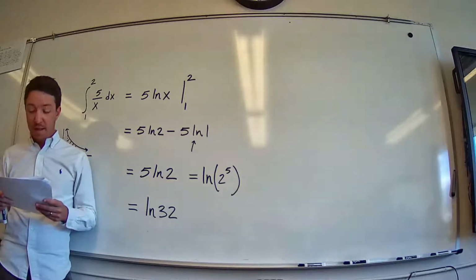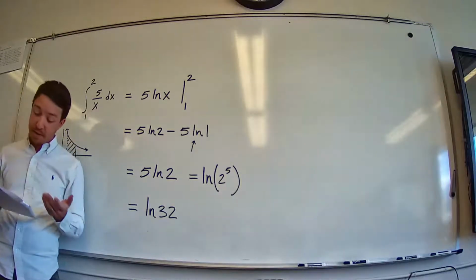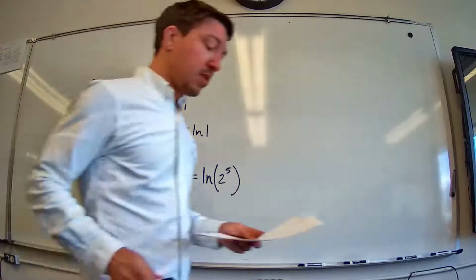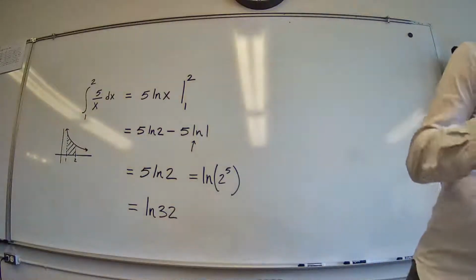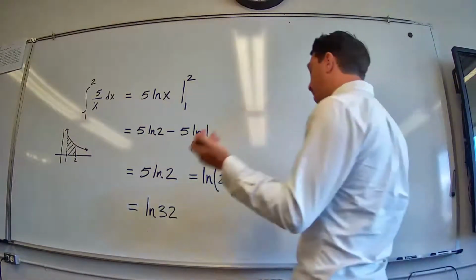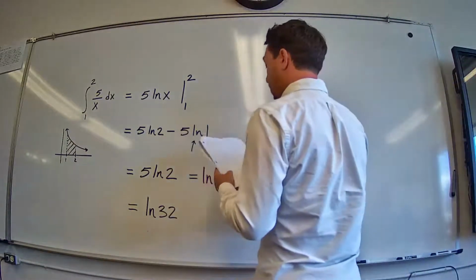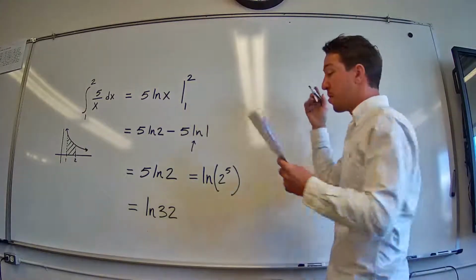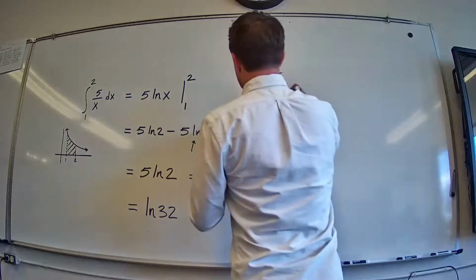Let's look at B. B is kind of similar. It's the integral of 3 to the x. Then we're going to move on after another example. The idea is pretty simple, right? If you can take the antiderivative, you just plug in the numbers. So the next one would be,